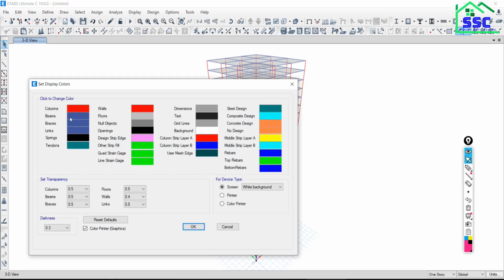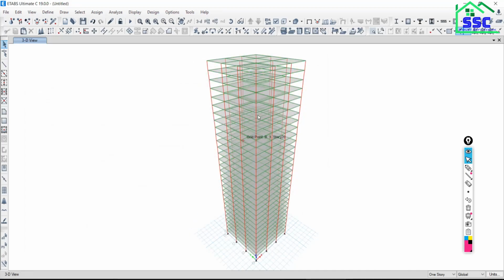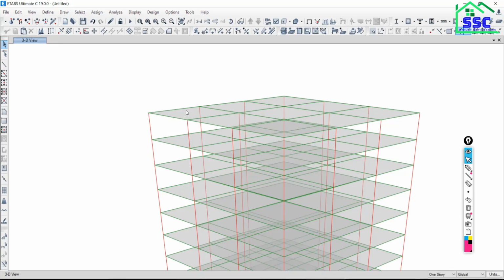So column, let's say the beam, I would like to make the color of the beam dark green. Say okay, say okay. So all the beams have the color of dark green. Is it visible? Yes, sir.